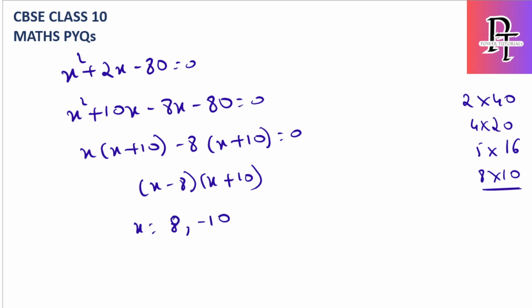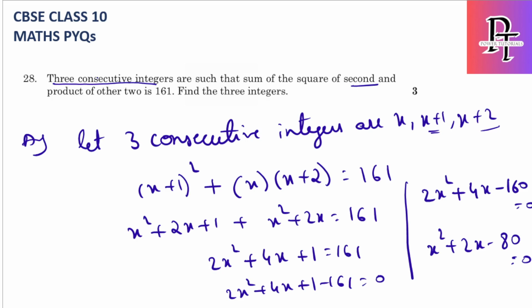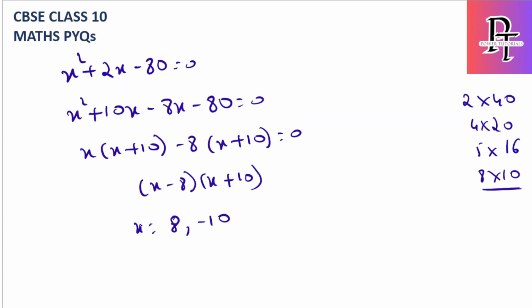Okay, so did they mention positive values? They clearly mentioned only 3 consecutive integers, so it can have a positive value or a negative value, because integers belong to minus infinity to plus infinity. So here we have to write 2 cases. Either, if x is 8,